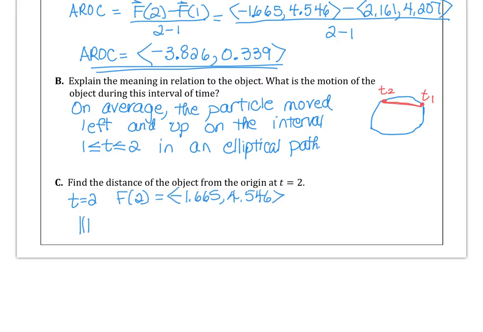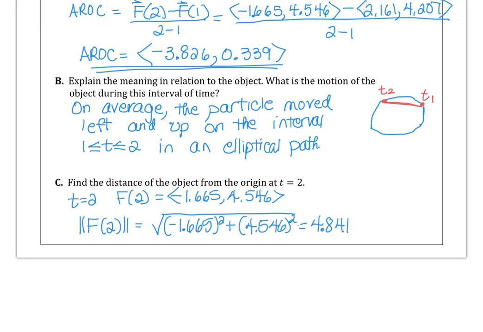And the magnitude at 2 would be the square of negative 1.665 plus the square of 4.546 summed together, taking the square root, which is